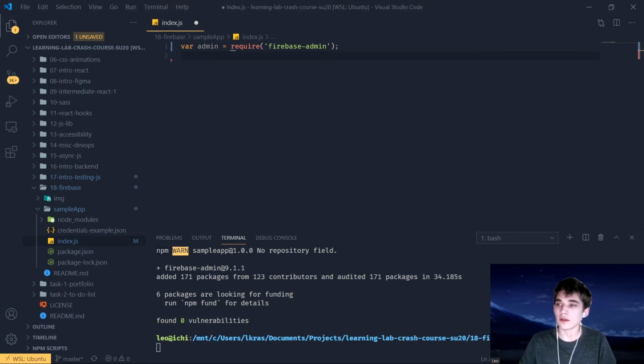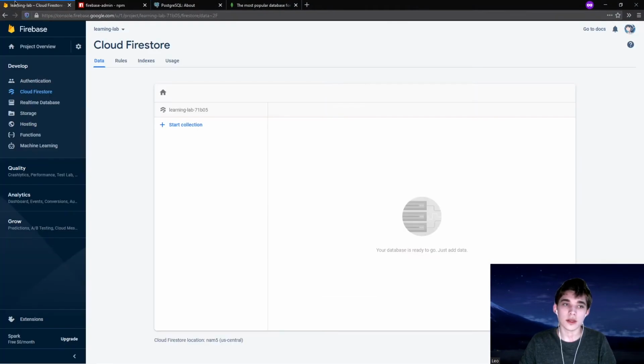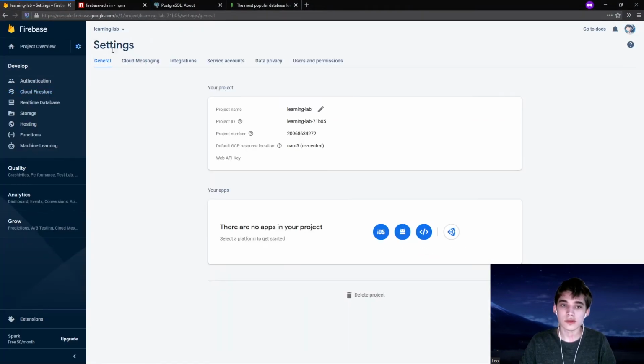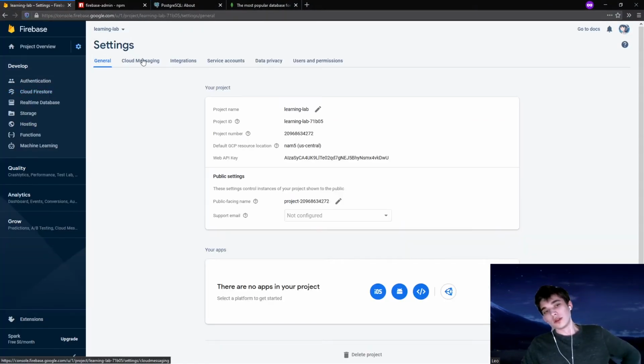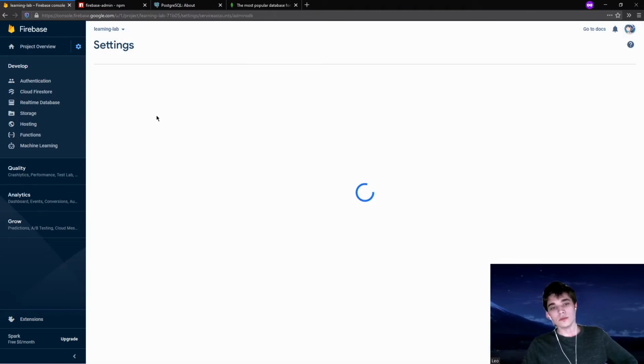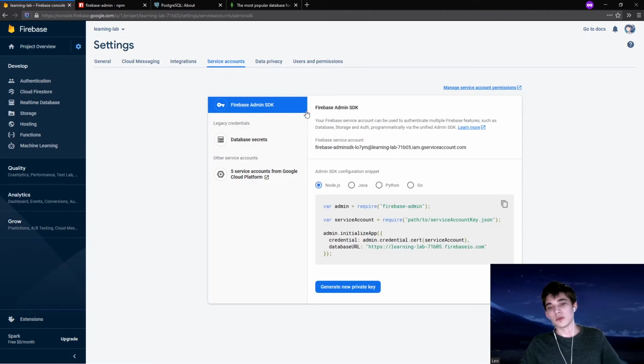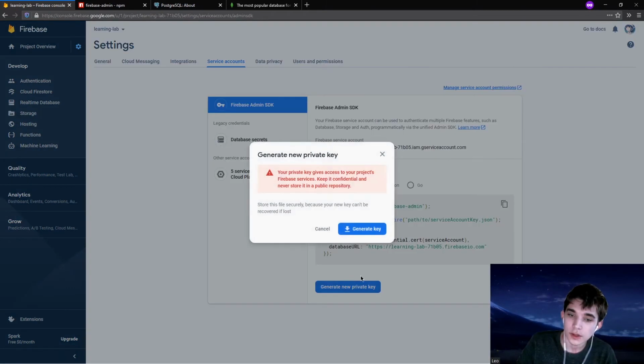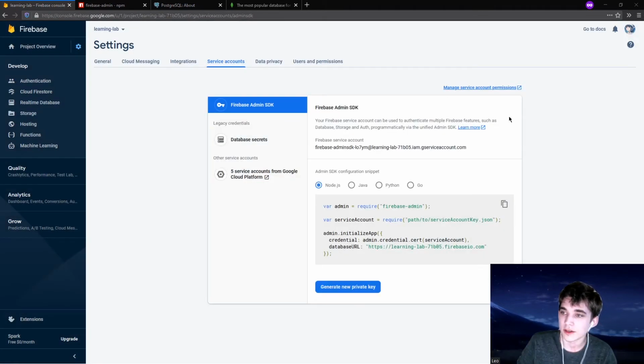The way we're going to do that is by creating something called service credentials. So what we're going to do is go to service accounts under our settings, which allows us to create a set of keys that are used by one particular application in accessing the database. And what we're going to do is generate them for node, generate the key, save it, and